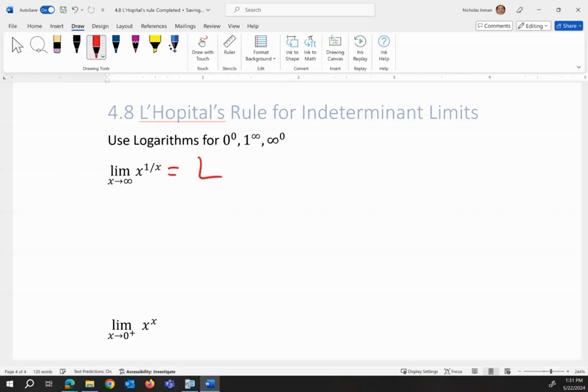Then what we can do is apply a log, preferably a natural log. And we can do the natural log of both sides. Okay. Well, if you remember natural logs, numbers inside can move to the front. All right. And that limit